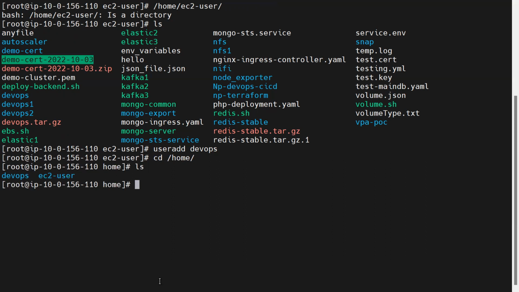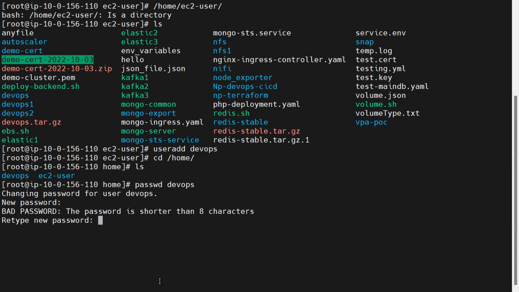Now, if you want to set a password for this user, you will have to use the passwd command and the username. If you hit it, it will ask you for a password. You can give a password over here. I'm giving root just for testing. So now this user will be accessed through password only. Okay. Now